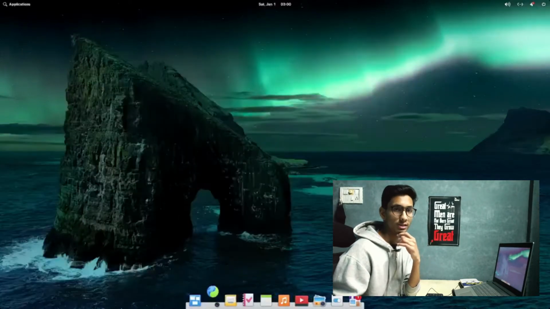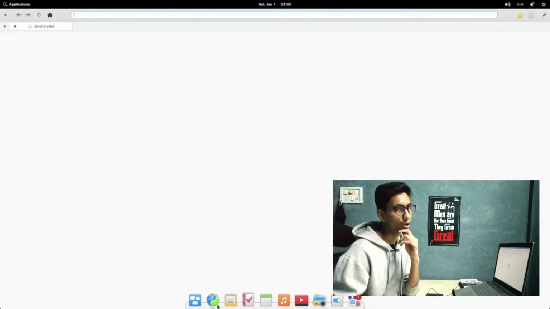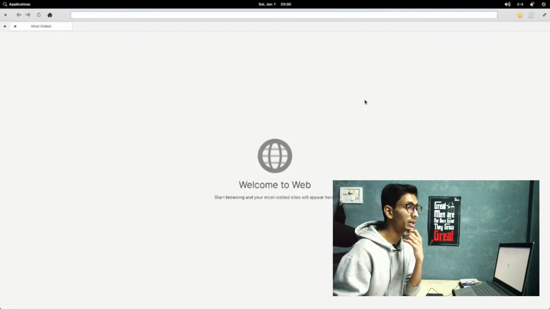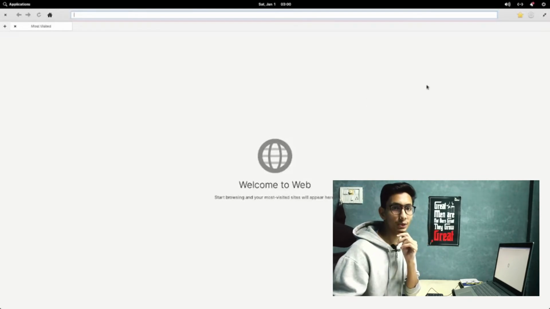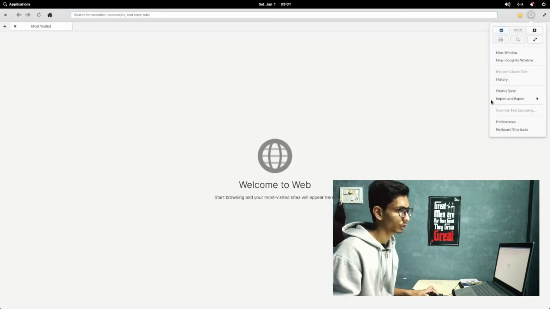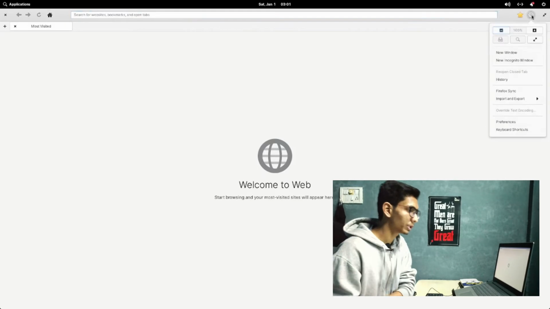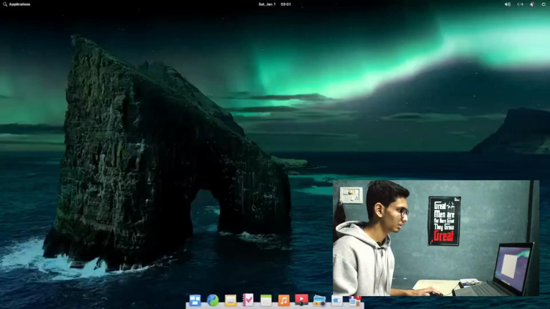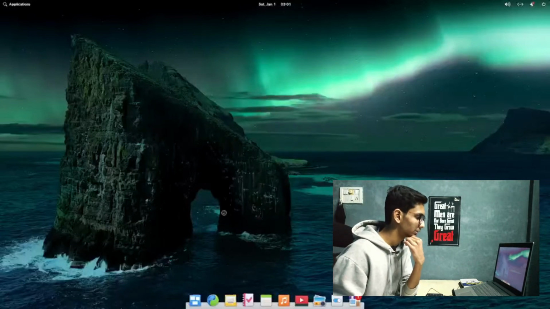The browser of choice is Epiphany. That seems a little odd because though Epiphany runs the same engine as Safari, it still lacks a lot of features. I had tried it when I was testing other browsers, but it was not satisfying at all. So anyone who is starting to use Elementary OS will probably be installing some other browser like Firefox or Brave. Epiphany does give you an option to sync with Firefox, and we get the basic audio and video player here.